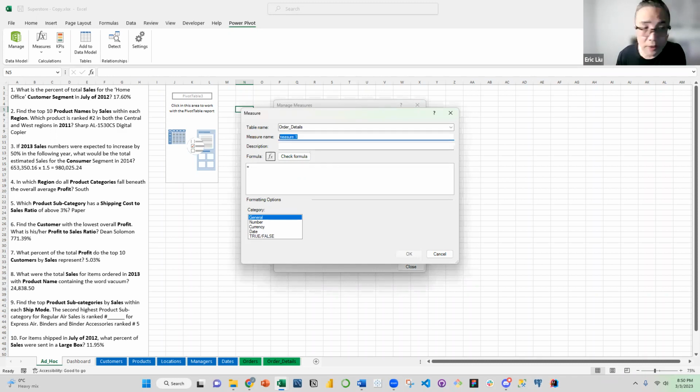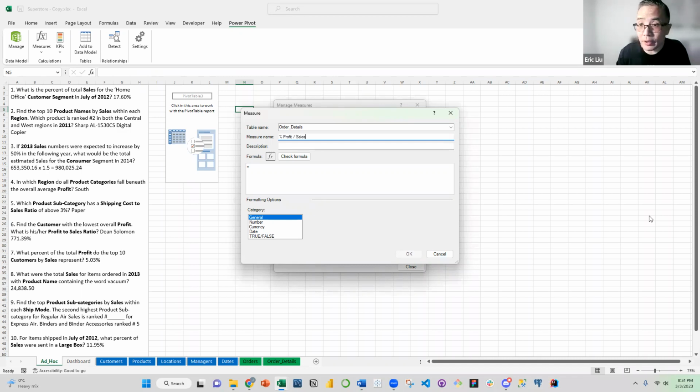So let's create another measure. So this time we want to create a profitability measure. So it's profit to sales ratio. So again, put a percentage. I always use pound sign to show the number of, or dollar sign to show the dollar value, or percentage sign just to show a percentage. So this is profit